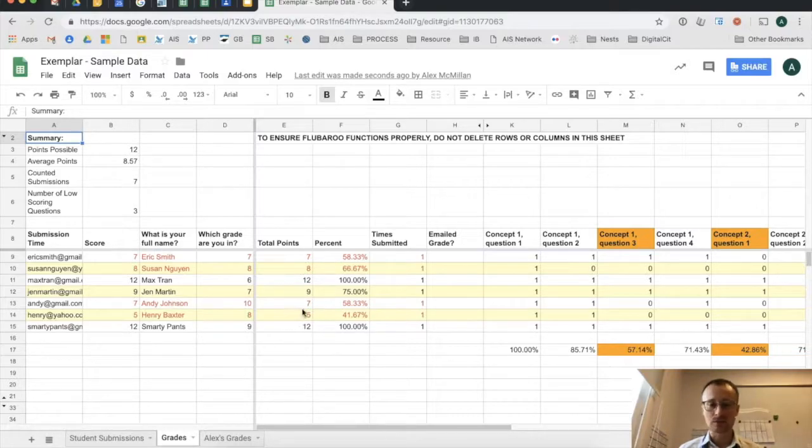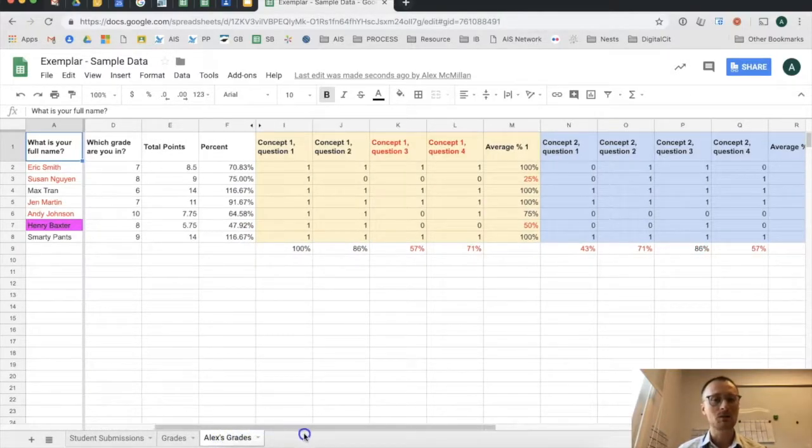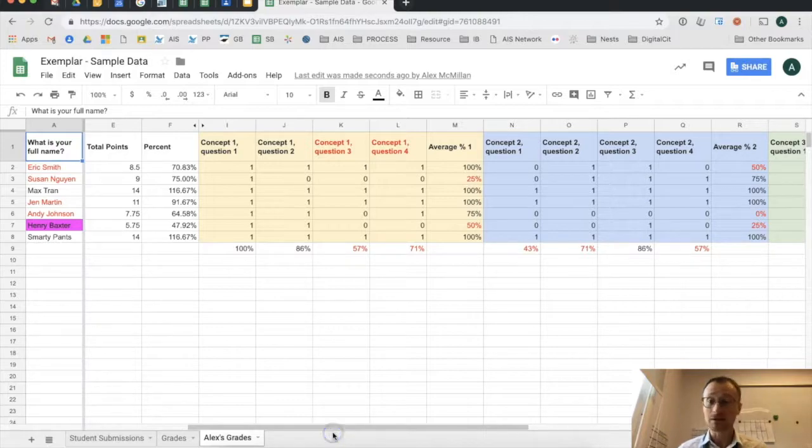It's actually the same results, but now each of the students' answers are represented by ones and zeros. One being that the student got it correct, and 0 being that they got it wrong. So the purpose behind that is we're going to take that and make it into another kind of spreadsheet that looks very similar, but we're going to color code it, and we're going to run some formulas that look like this that tell us about a student's average understanding of that concept based off of our